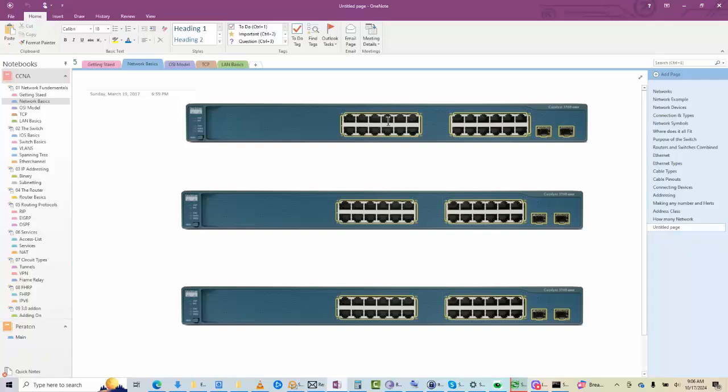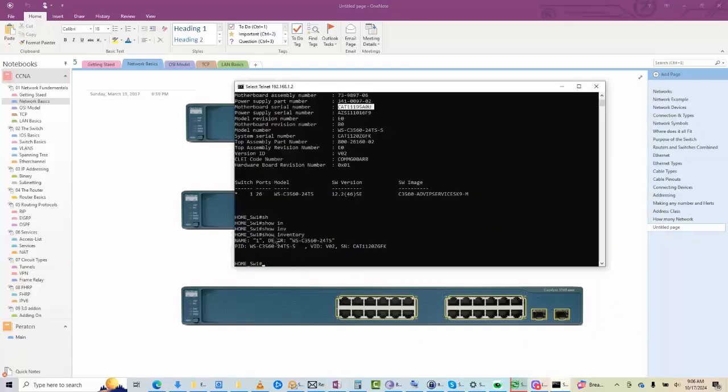Now, okay, these are RJ45 connectors. These are fiber. Now, take this apart. You will see that motherboard. On there will be your flash that you can actually replace and upgrade. Okay, let's say you run out of space. All right, okay, important. All right, because when you do a show version, all right,